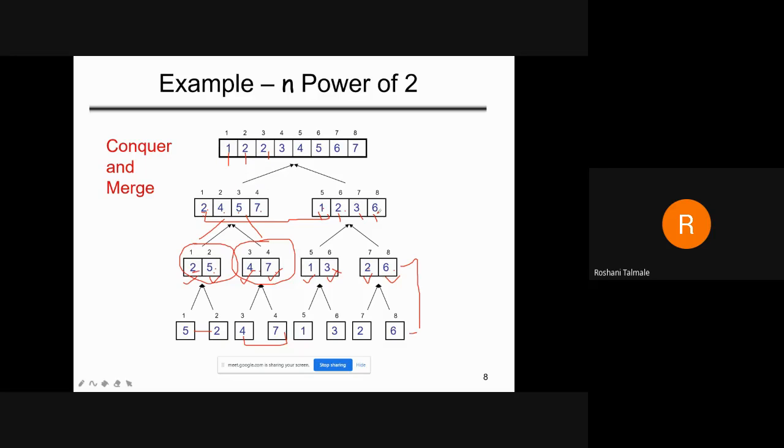Like that, again 2 will be compared with the 3. 3, we will keep it. Okay. 2 and the 6? No, it's not. Then we will compare for the 6, the 4. 4 will again be compared with 1, with 2, with 3, like that we will compare. And finally you will get these merged values, that is 1, 2, 2, 3, 4, 5, 6, 7. This is the merging. Okay.